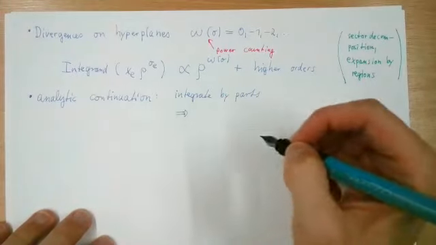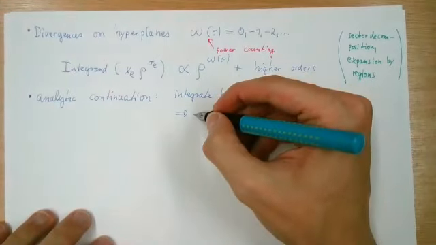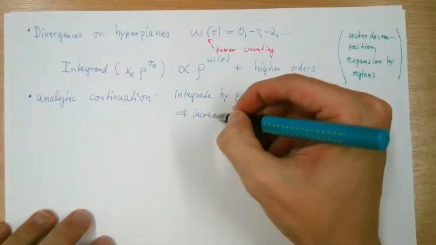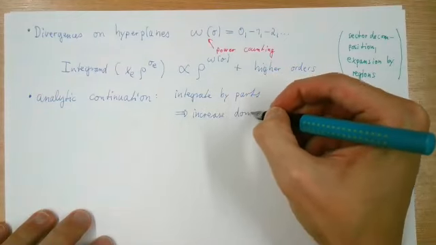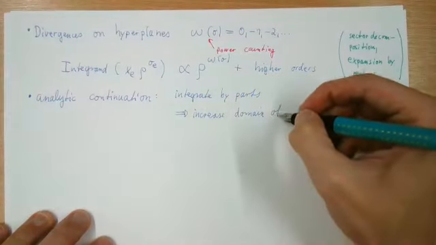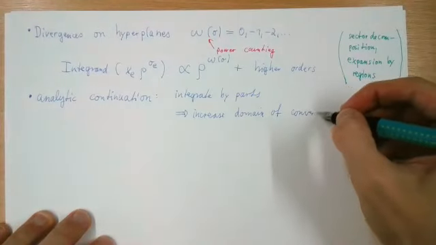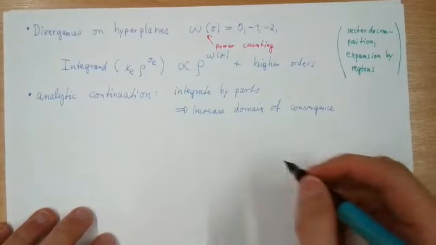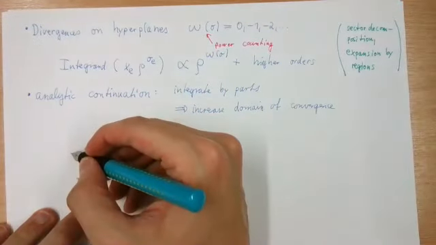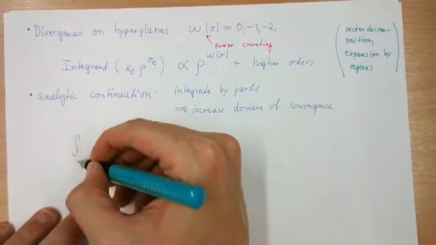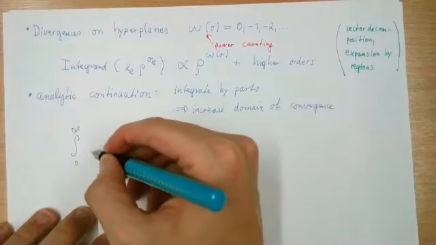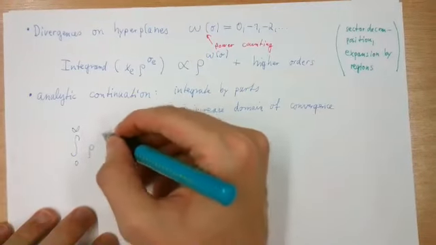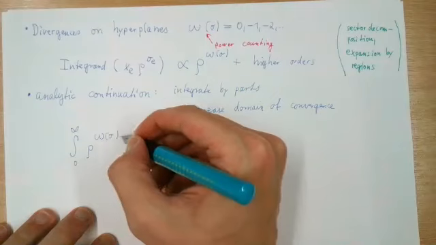If you integrate by parts in a smart way, you can increase the domain of convergence. We did this example for the gamma function, but this generalizes. If you have an arbitrary subdivergence in your Feynman integral and you go to the scaling coordinate, then by definition, the